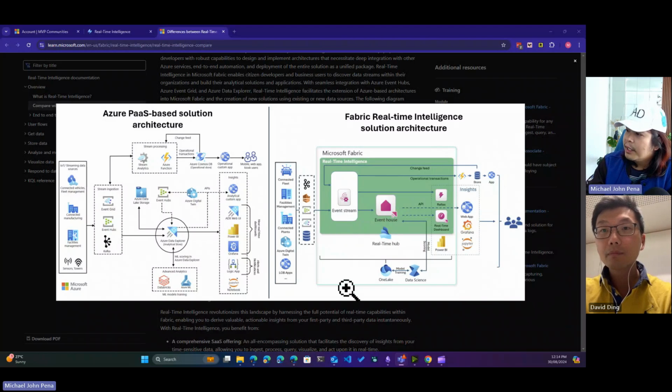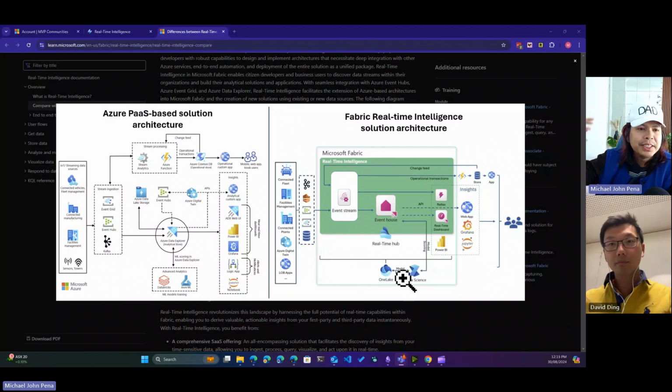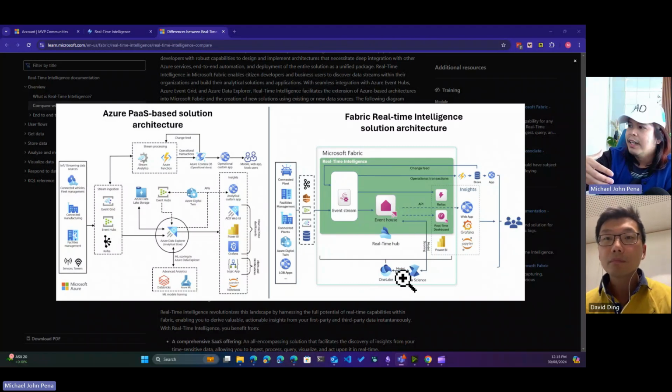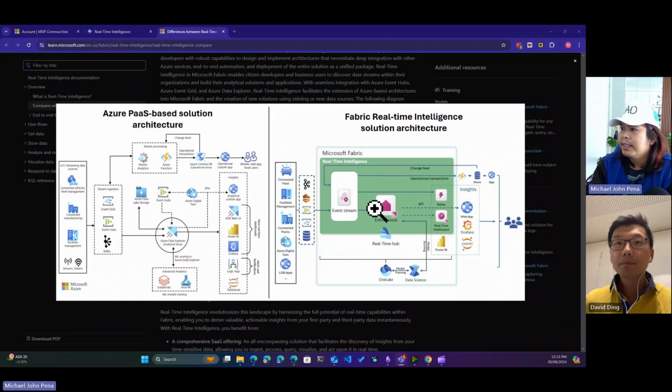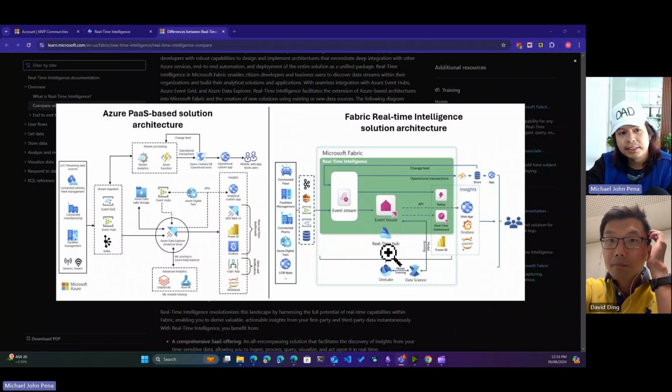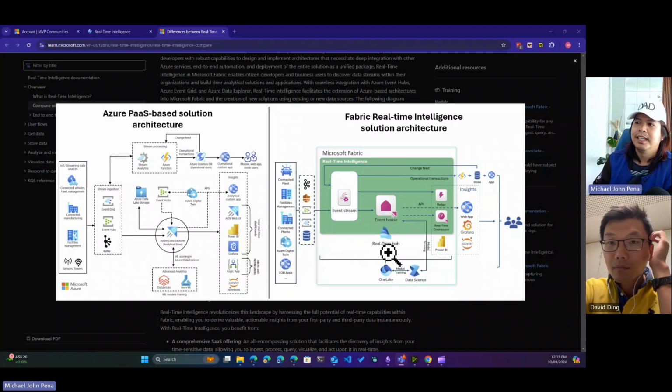All right. And again, the beauty of Fabric here is that this is a real-time flow, but the data science flow is within the same environment, right? Hence, working on Event House, a data scientist can literally just jump to that same database and work on some analysis on that.